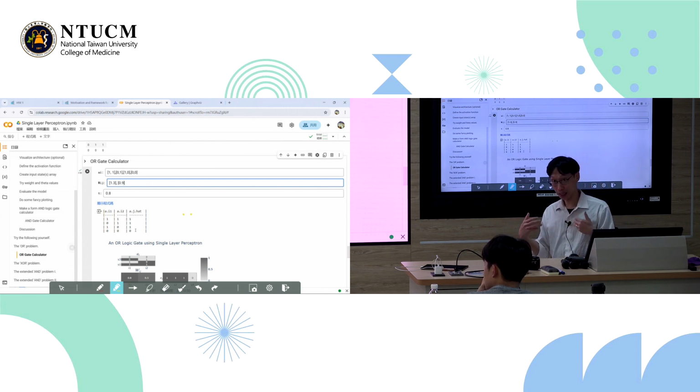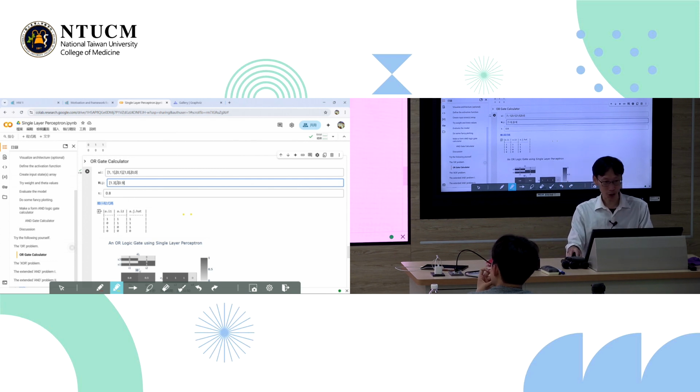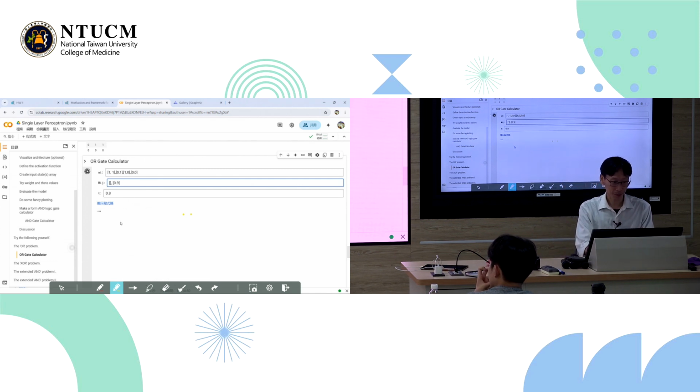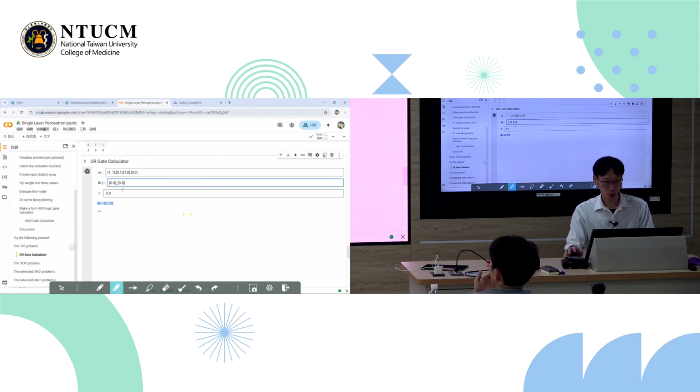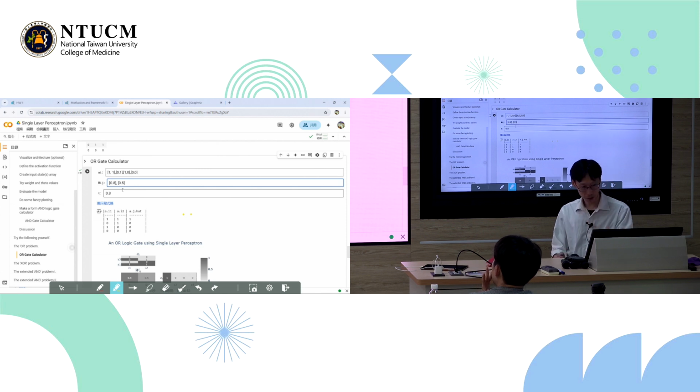The AND gate then became an OR gate. Here's an experiment I want to try again. I'm going to reset 0.8 and 0.5, right? It goes back to the AND gate response. So what happened just now? I raised the weights and the AND gate became an OR gate.